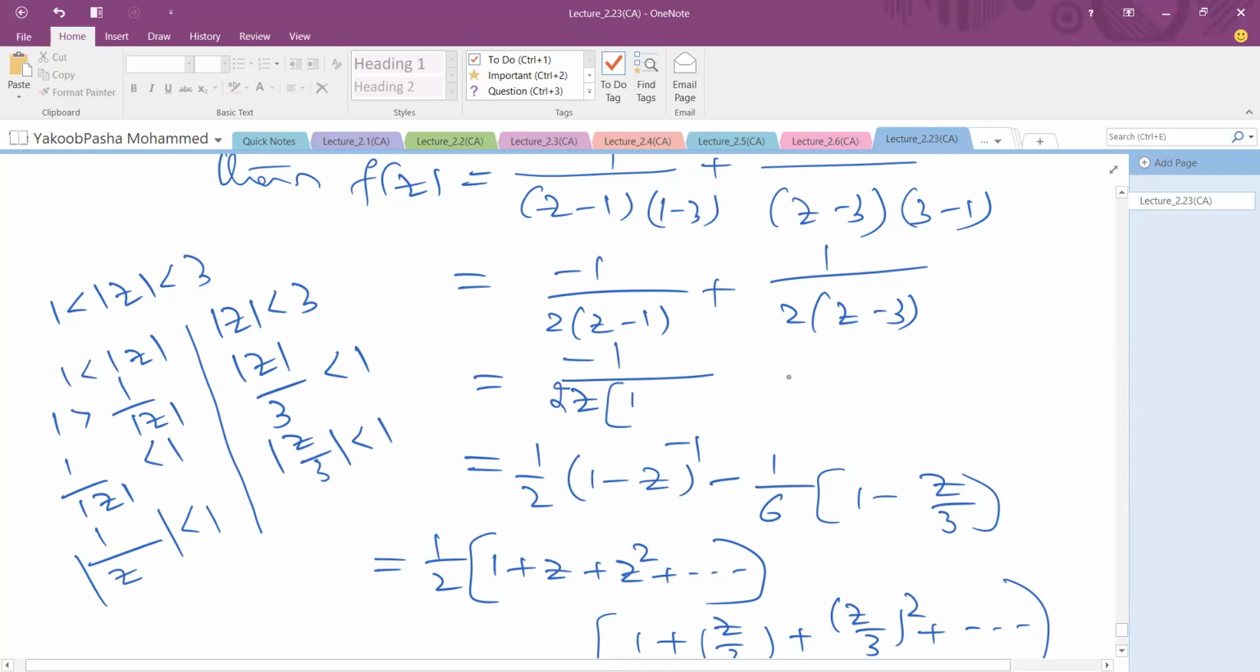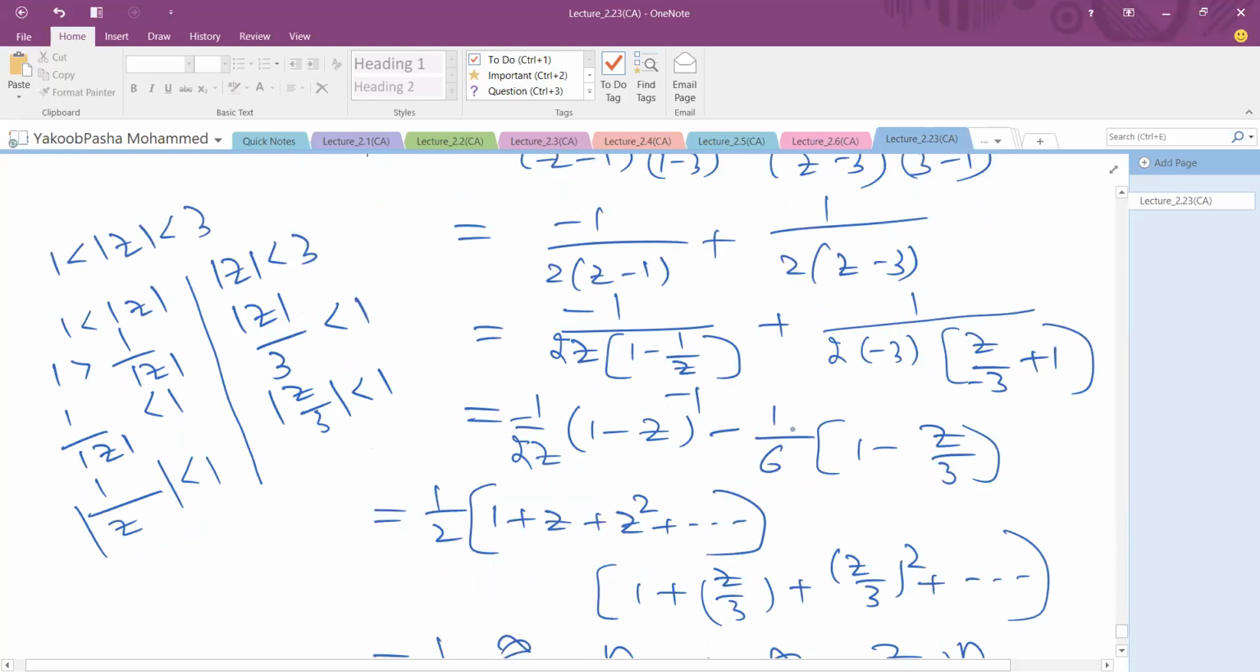సెకండ్ టర్మ్ లో యాజ్ దిస్ గా -3 కామన్ తీయండి, 2 ఇలానే ఉంచండి. -3 ఇంటూ z/-3 ప్లస్ 1 ఇలా రాసుకో. ఓకే, అప్పుడు ఇక్కడ టర్మ్ ఏమవుతుంది, -1/2z, 1/2z here (1 - 1/z) whole to the power of -1, (1 - z/3) is same. The term వచ్చేసి 1 plus